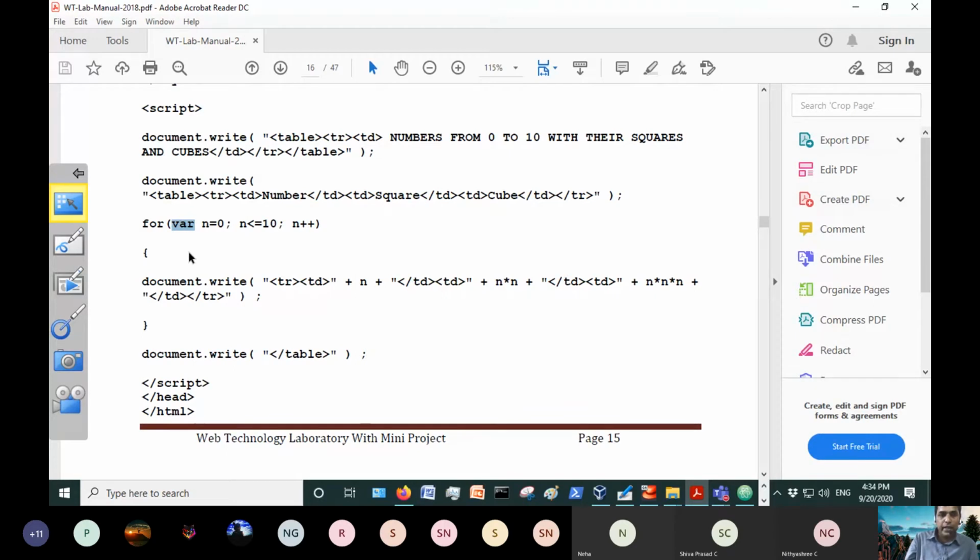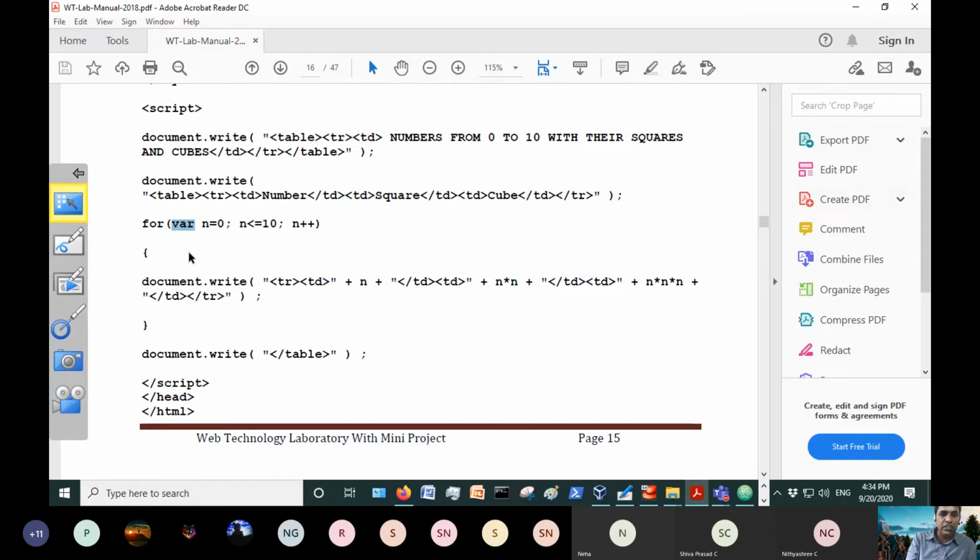If you don't declare a variable and try to use it, you will get an error that the variable is not declared. But in JavaScript, that is not the case. Without declaring a variable, I can use a variable. That means it is dynamically typed. At runtime, when we assign a value to that variable, the type is decided. If I give n as 1, it is treated as an integer. If I give n as 2.5, it may be treated as a floating point number. So the point is, based on the value that we assign, the type is decided at runtime. Such programming languages are dynamically typed languages.